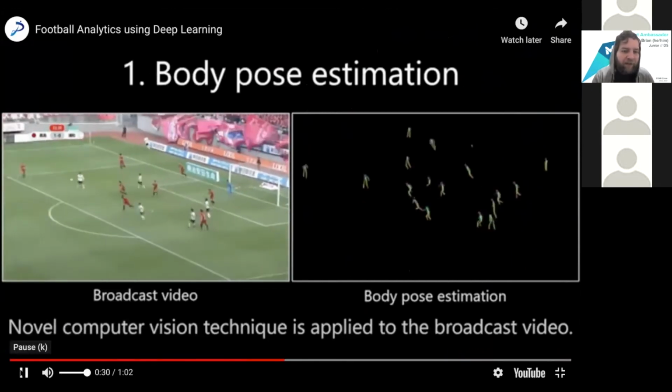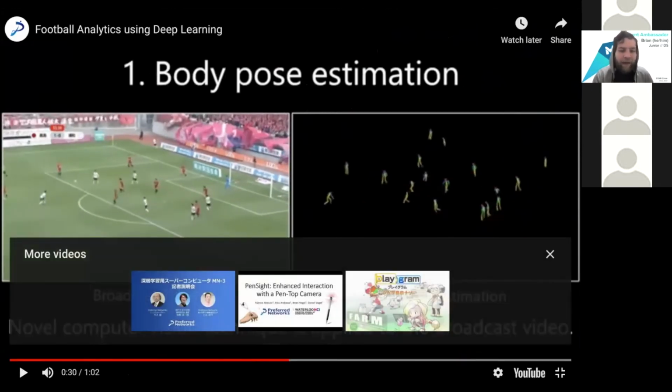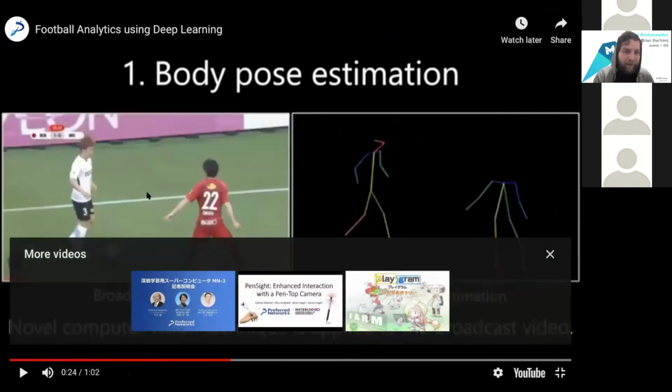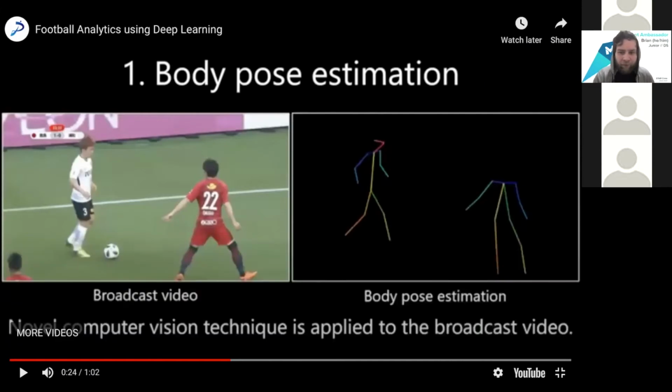And so what actually has to happen is someone has to, at the very beginning stages, look at something like this and then tell the computer, just like we did with the emojis, hey, here's an arm right there. Here's a leg right there.